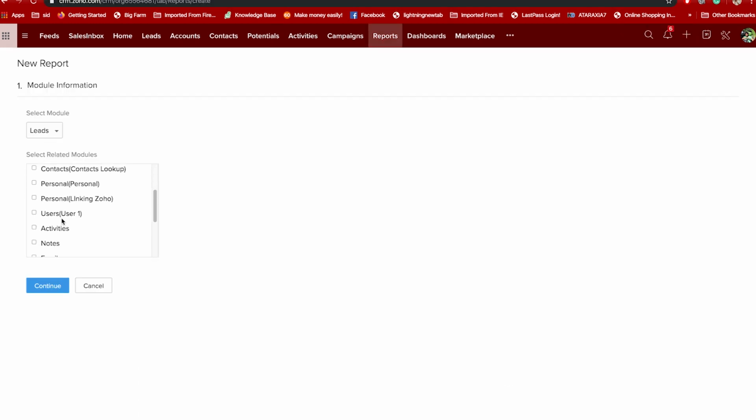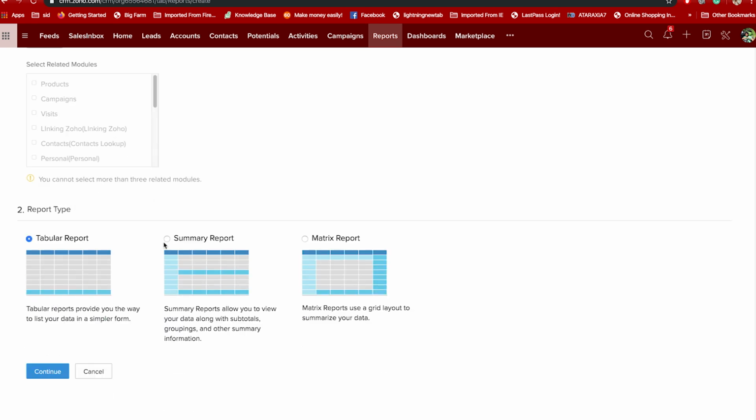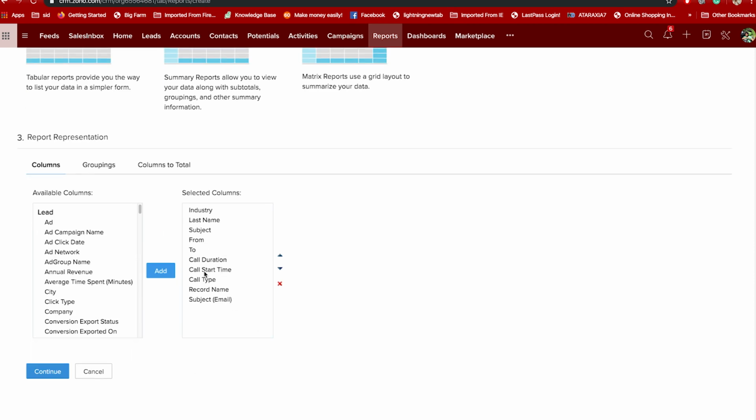On to reports. Now I'm creating my reports for users and for my activities, for my emails, and for my notes as related modules. And filtering it such that the leads of a particular owner are shown. Now I can add my activity owner over here.